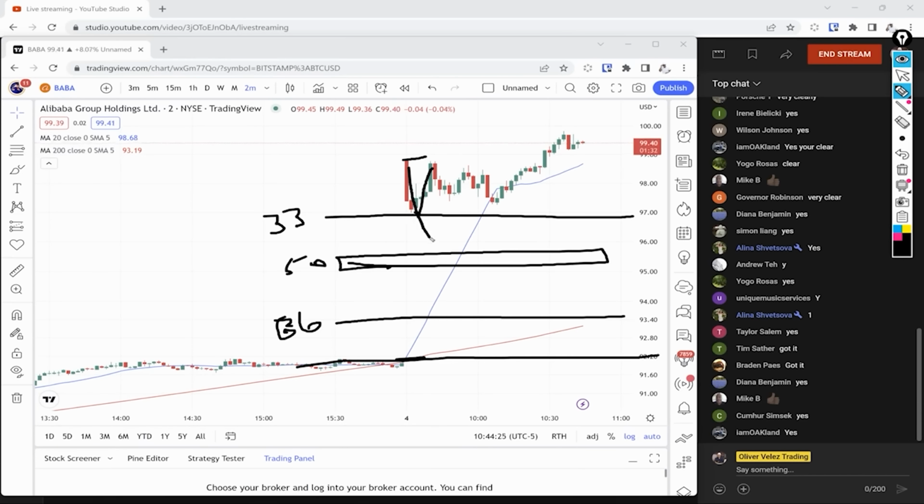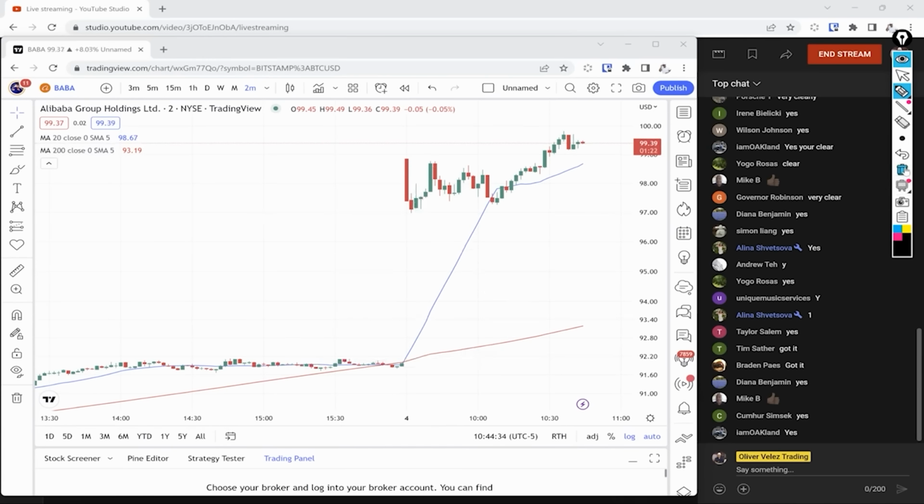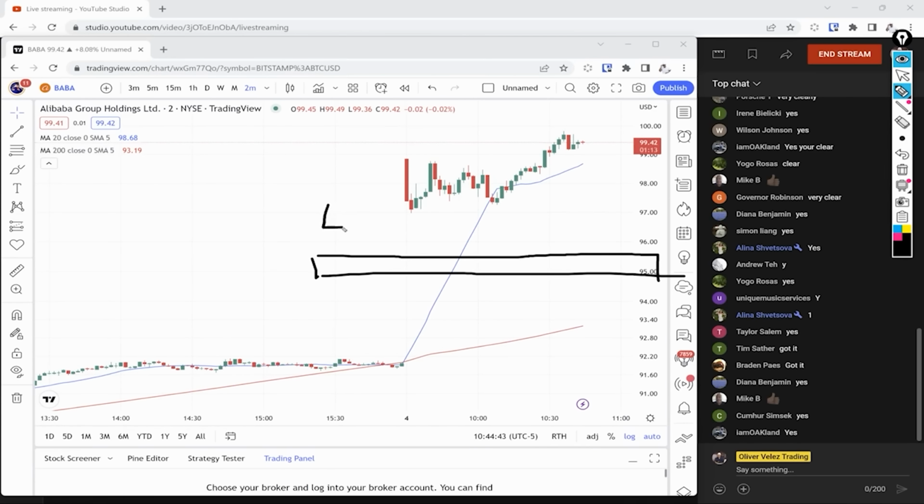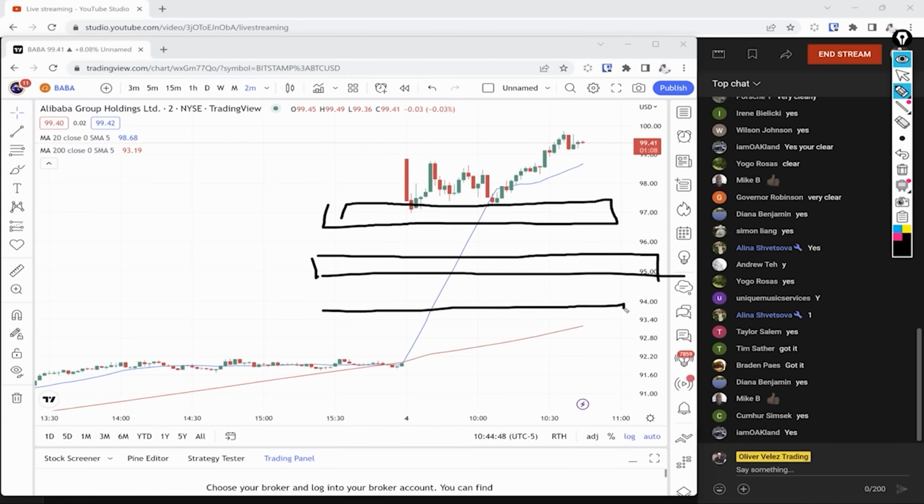If we break through, you're going to get a reaction off that one. And if we break through, you get a reaction off of that one. All right. So I want you to immediately always think third, half, 2/3. They're always zones. Nothing is ever a specific price.